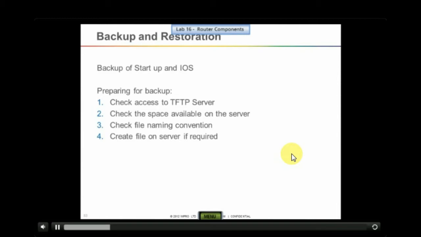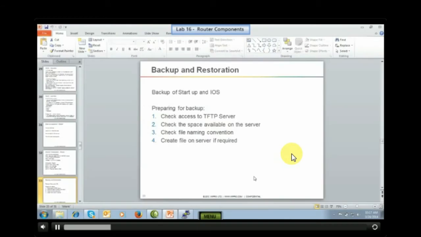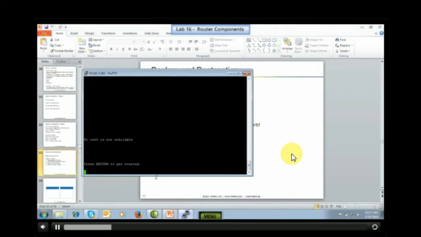So in our practicals, we will see how to take the backup of the startup configuration, and even of the IOS. Let us directly move on to the practicals.